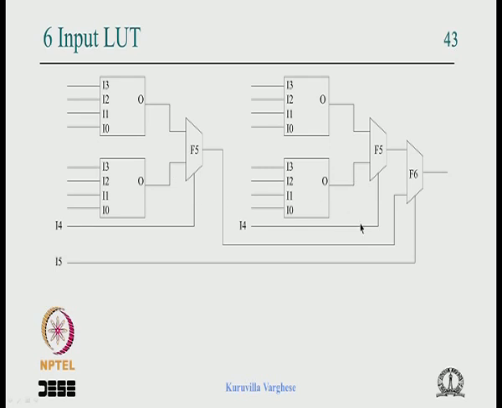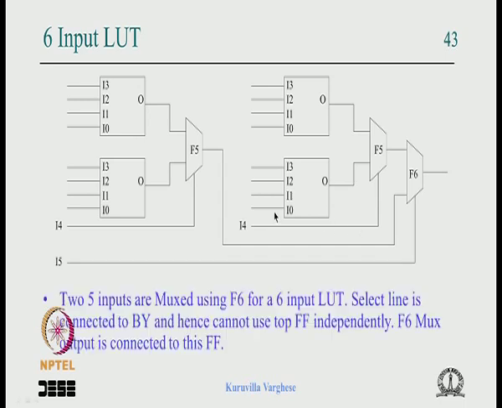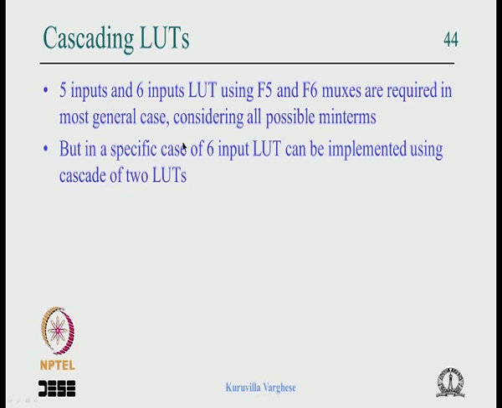You could, in some specific cases, cascade lookup tables. Depends, not like this when we say it, consider all possible minterms. But in specific cases, a 6 input lookup table can be implemented using a cascade of 2 lookup tables. If you build a 6 input lookup table from 4 input, you need 4 of them, because 2 4 input combine to a 5 input lookup table and 4 input combine to a 6 input lookup table. So